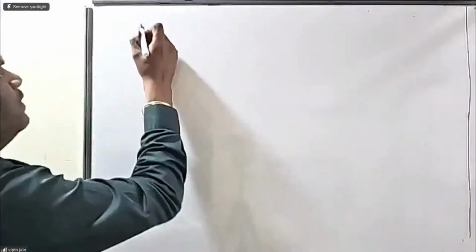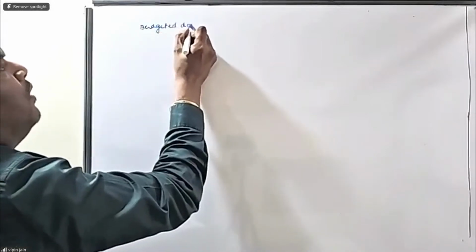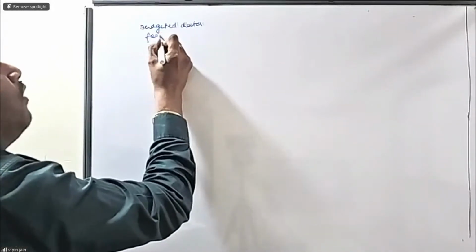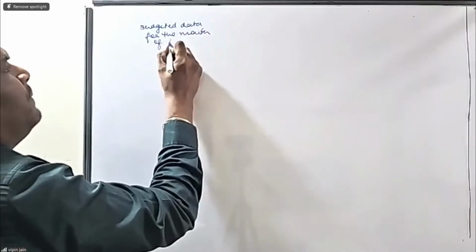Okay, so this is all about material variance. One question for you. It's a very simple question. Let's see who calculates first. You are required to calculate material cost variance. So let's say the budgeted data for the month of April is given,